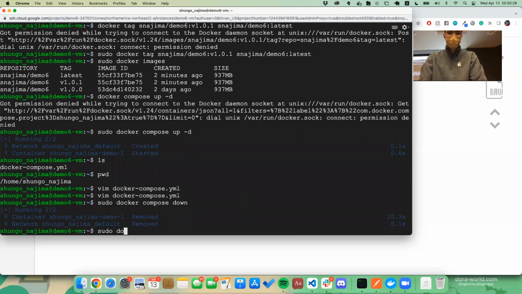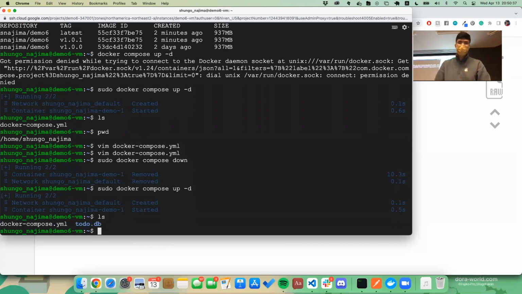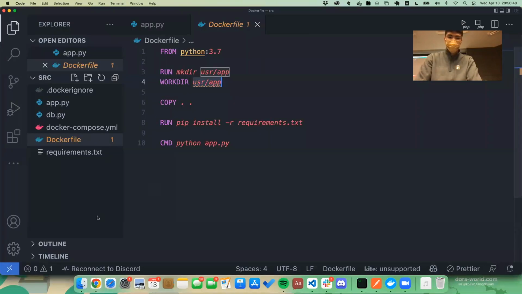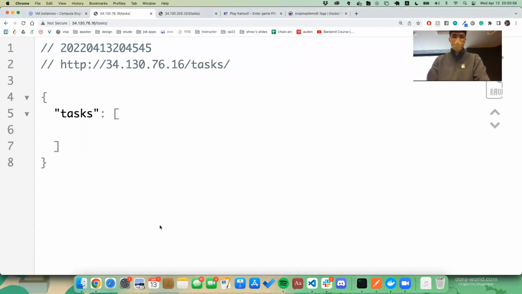And do sudo docker compose up. Awesome. Now, if you look at our current directory, you can see that this todo.db file was newly created. This is the persistent file that we've newly created by defining it in our Docker Compose file. So now that this todo.db file is in our directory as opposed to our container, which obviously we update by pulling it from the Docker image. If you refresh this,